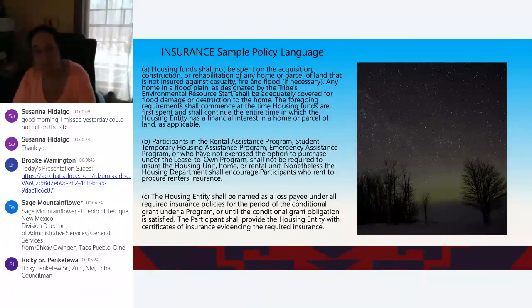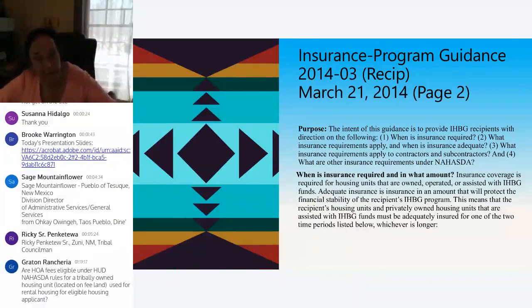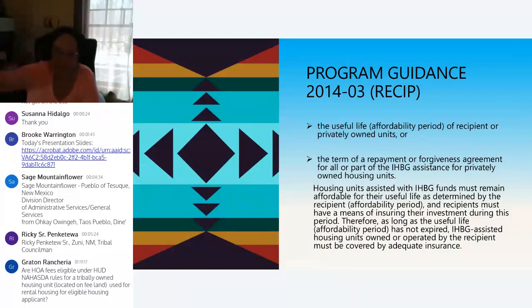The participant shall provide the housing entity with certificates of insurance evidencing the required insurance. So you're going to need to write all of that up along with your useful life. Anything over $5,000. So that is the guidance found at 2014-03. It is in your program guidance, and it talks about when that insurance is required, your useful life affordability period,